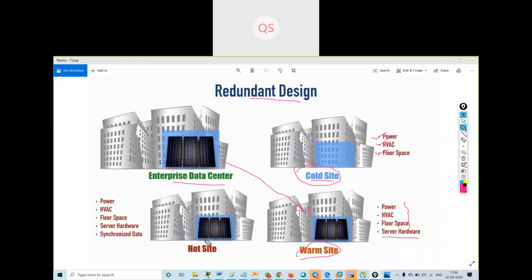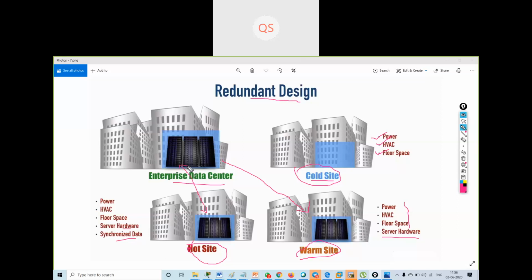The best practice is to use a hot site. What does a hot site do? A hot site will have server hardware with synchronized data. So whenever you make any change over here, it will be synchronized automatically with the hot site data center, or servers. So my hot site will be up to date.